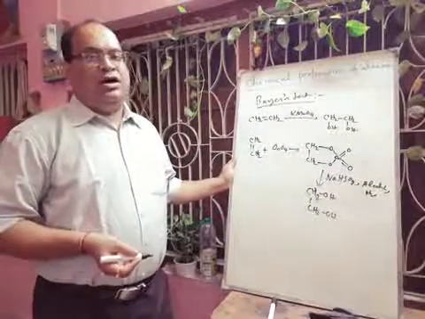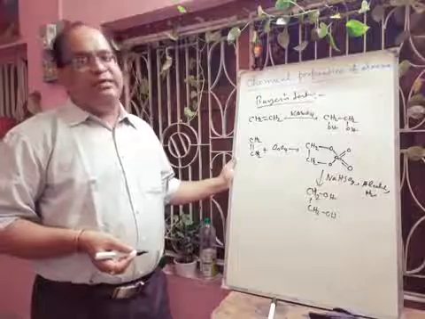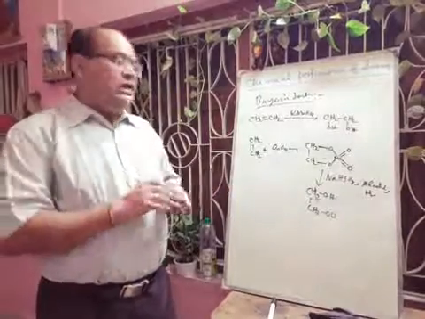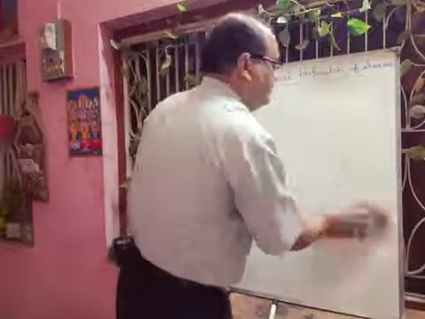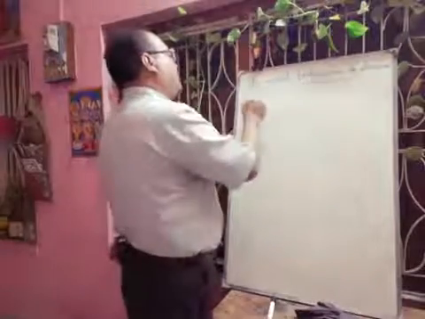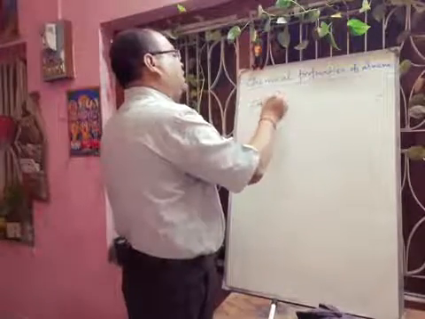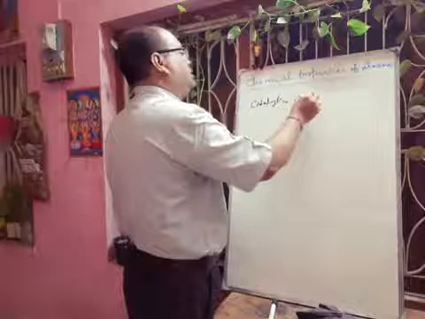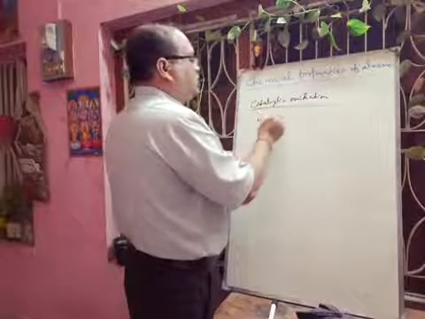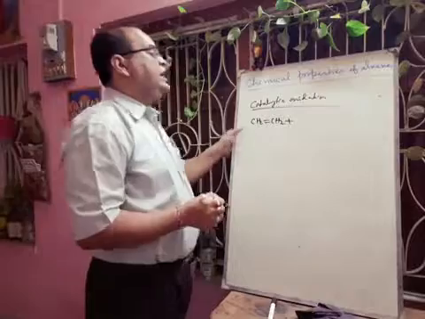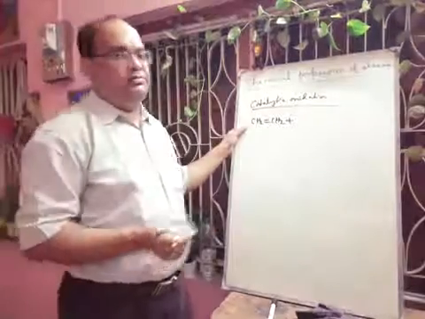But if you want to prepare the epoxide, then catalytic oxidation we have to do. Next we will discuss the catalytic oxidation. In case of catalytic oxidation, if you take CH2 double bond CH2, and here you have to use the